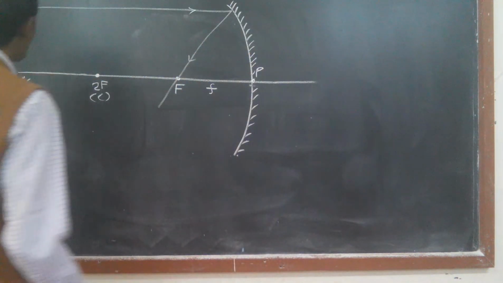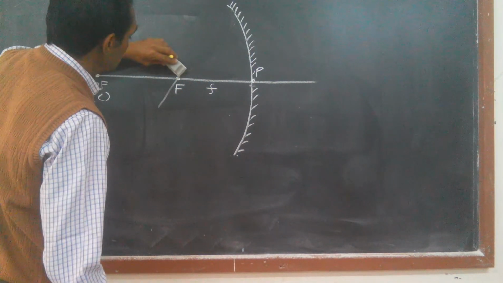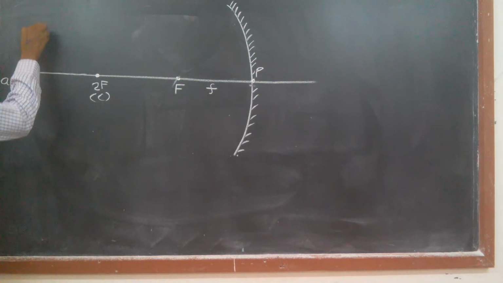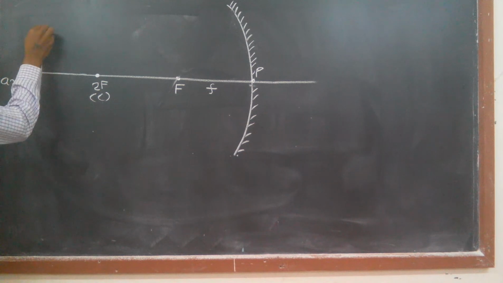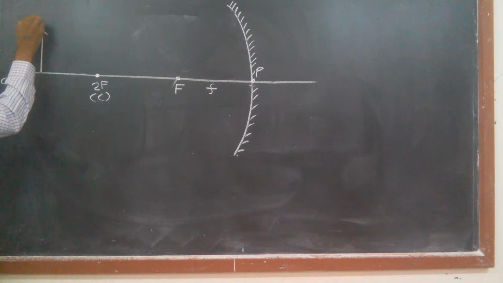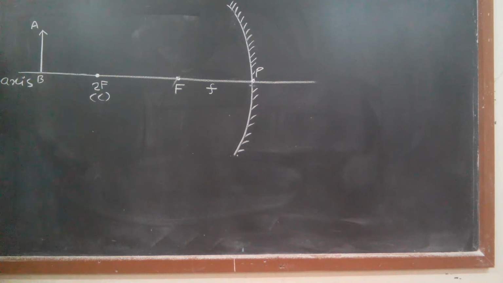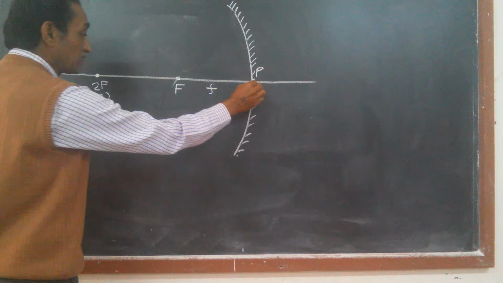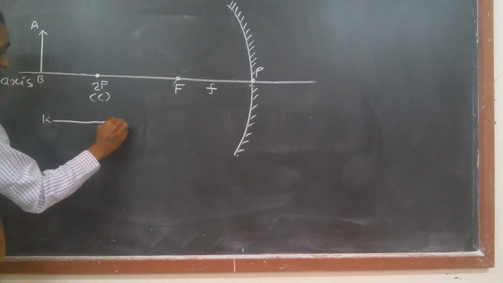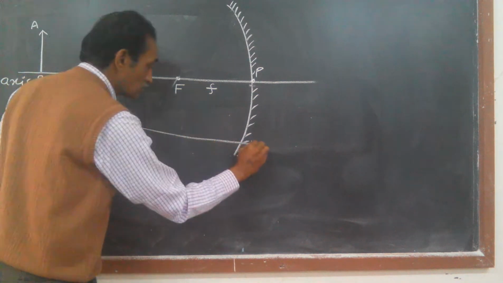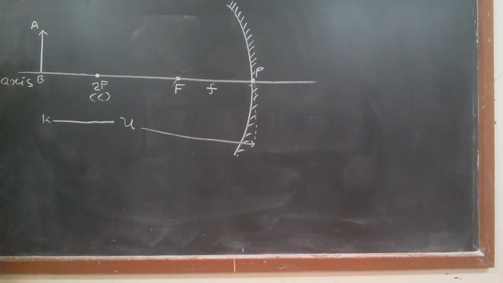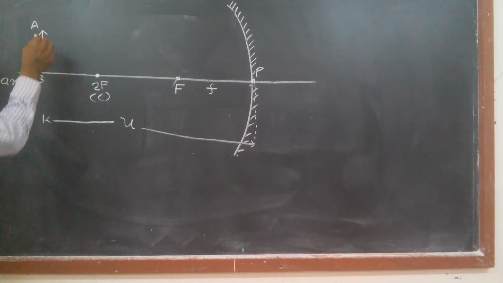But we consider a case where object is away from the center of curvature. Let AB be the object and the distance of the object, measured from the pole, is say U. This is the object distance. Then the ray of light